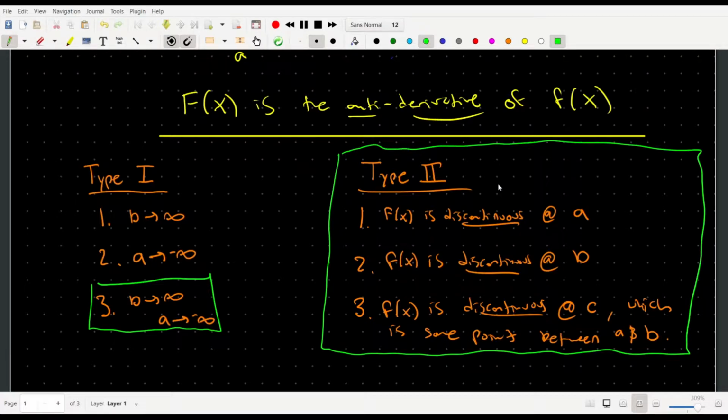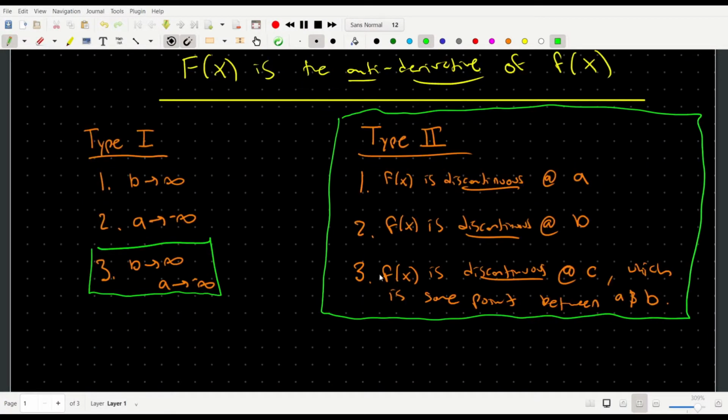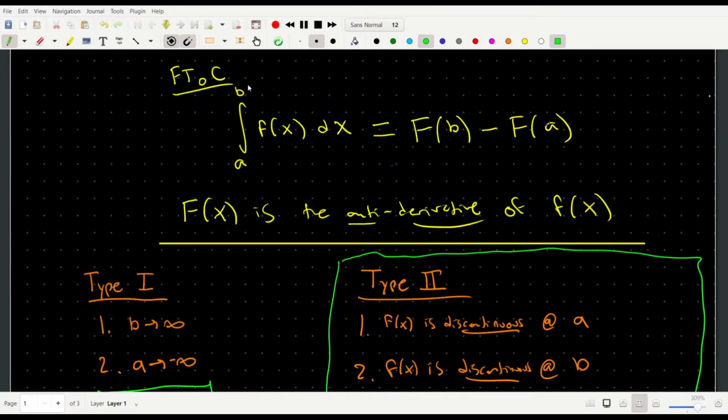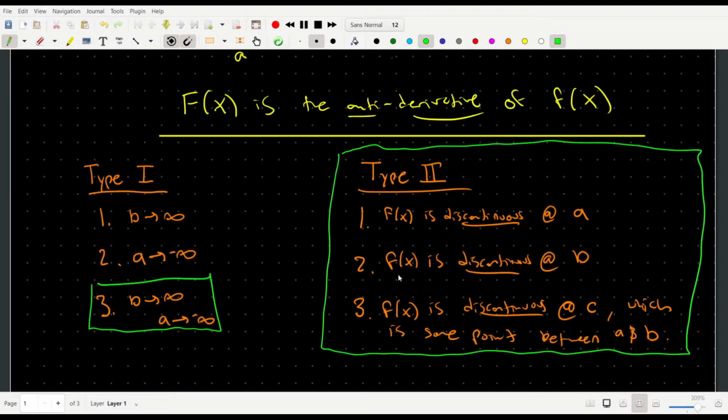In today's lecture, I'm also going to be focusing on improper integrals of type 2. Subtype 1 is when f of x is discontinuous at the left endpoint, so type 2, subtype 1. Subtype 2 is when f of x is discontinuous at the right endpoint, or at b. Subtype 3 is when f of x is discontinuous at some midpoint, so some point c in between a and